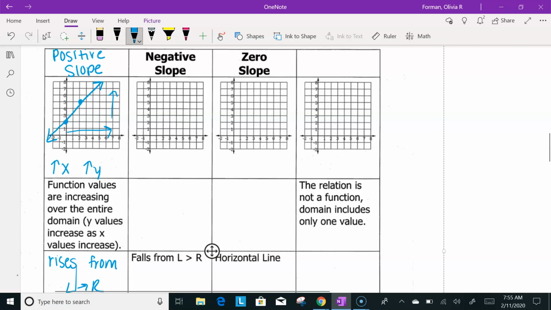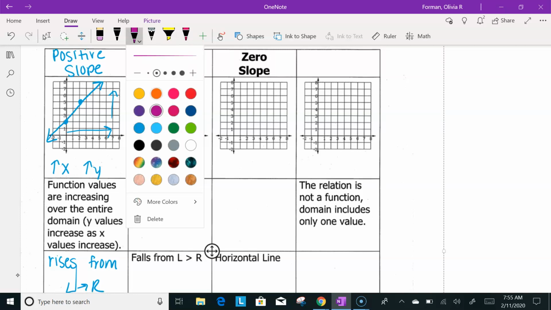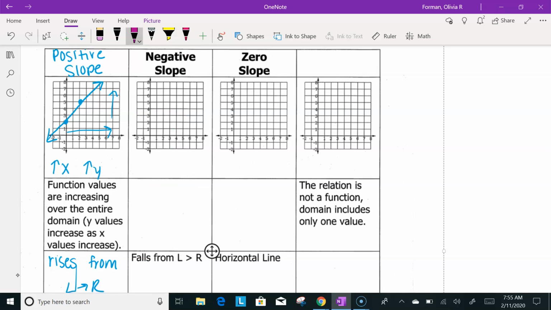Your negative slope, this one is already labeled at the top for us, but we are still going to draw in a couple things. So create a negative slope. That means that as you go right, your line looks like it's falling. What happens with the negative slope is that your function values, which are your y values, are going to decrease